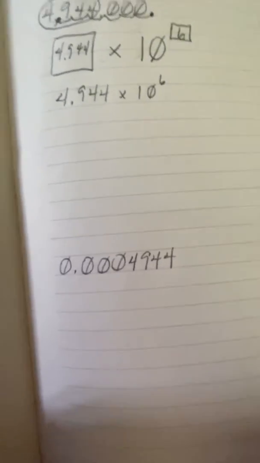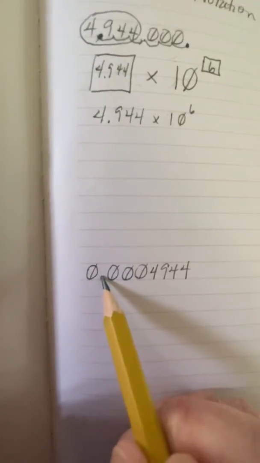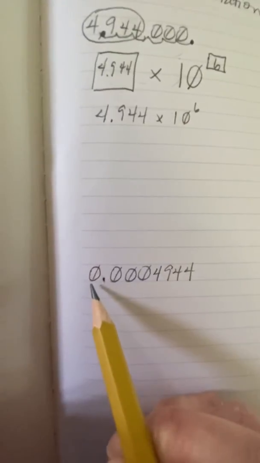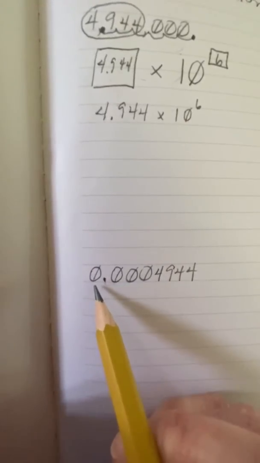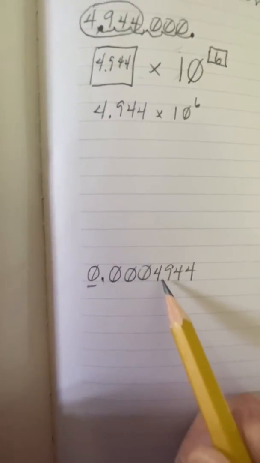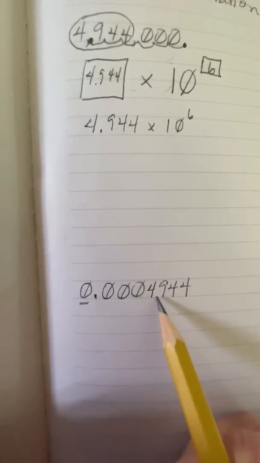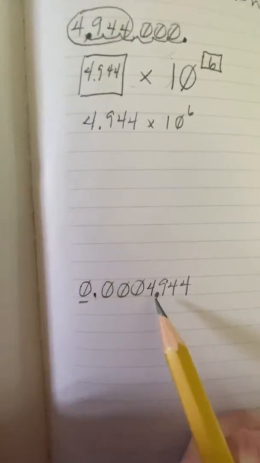Now let's take a look at this one. We're going to do the same thing, except this time we have a teeny tiny number, a number that is less than 1, because our whole number here is a 0. It's going to change the way our exponent looks. Let me show you. Okay, we're still going to move our decimal so that we only have one number in